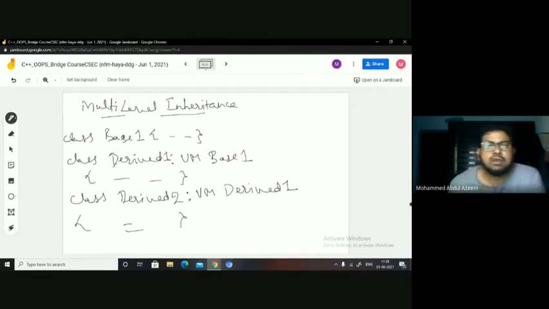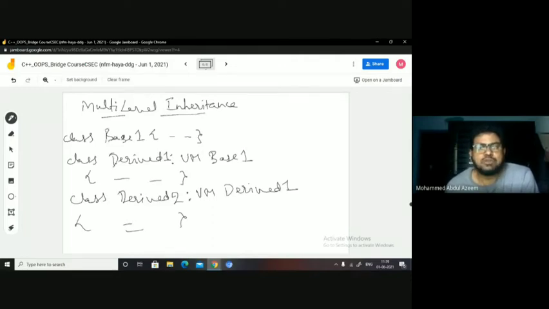Now, tell me, when you are inheriting the base 1 class at derive 1, the scope rules are going to be applicable as per the access specifiers you have mentioned for the base class members and the visibility mode that you have taken while deriving the base 1 class at derive 1. So with that scope, base class members are accessible in derive 1. And you have another derive 2 class here. So this derive 2 class is now inheriting the derive 1 class, right?